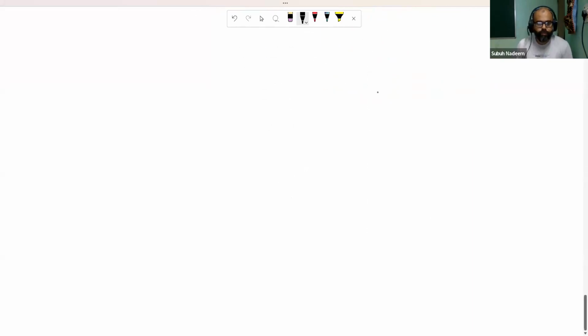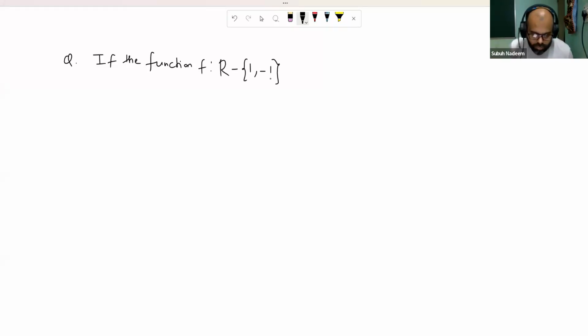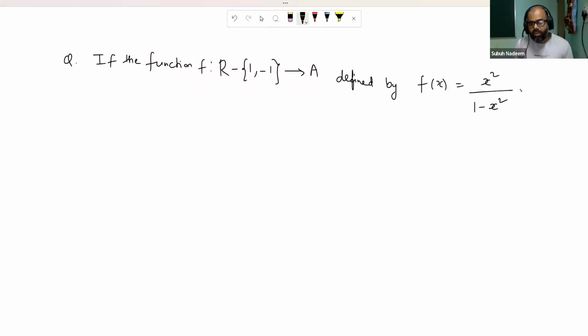So let us come to the next one. If the function f from R except 1 comma minus 1 to A is defined by f(x) is equal to x square by 1 minus x square, is surjective, then A is equal to,